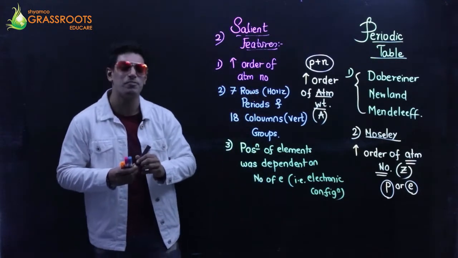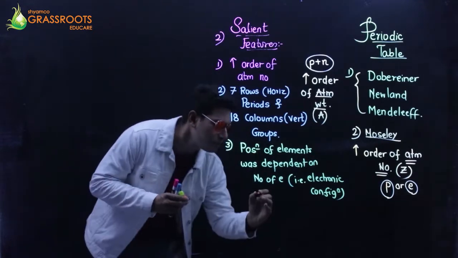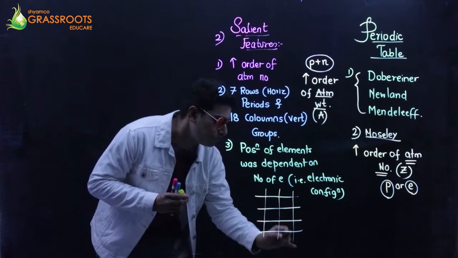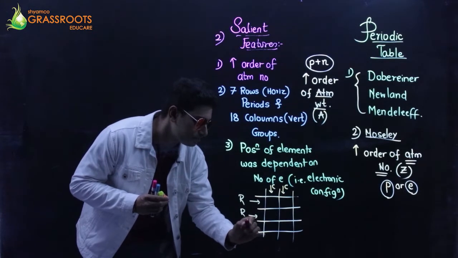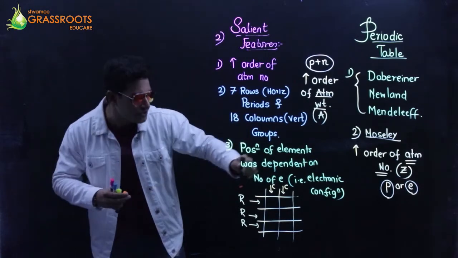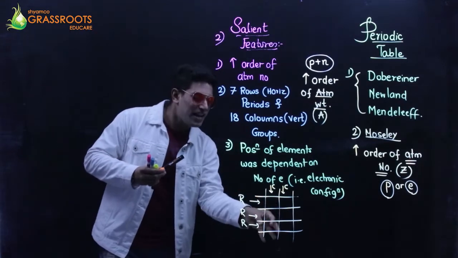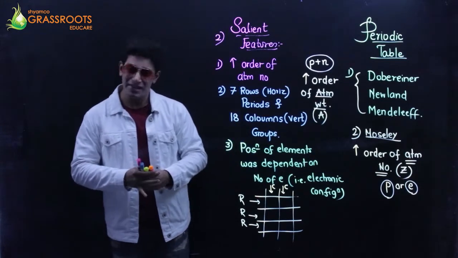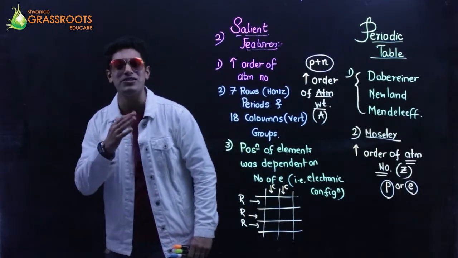There were many nice properties the table showed. Just giving you a reference, these horizontal are periods and these are vertical columns. So these are columns and these are rows, periods. Now remember, the speciality of the placement was down the subgroup in a column, the elements which were placed, which were positioned, they show similarity in the chemical behavior. Chemical behavior, that means when they react, their behavior almost remains very much similar to each other.